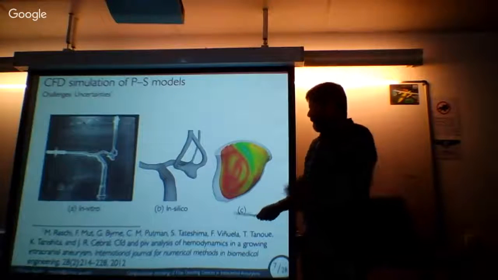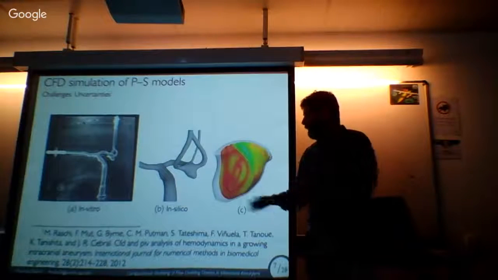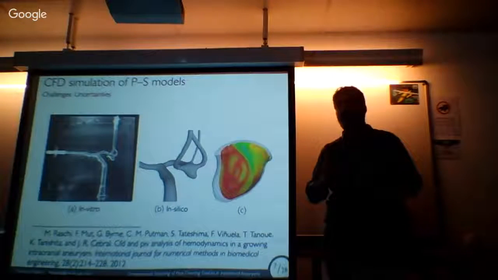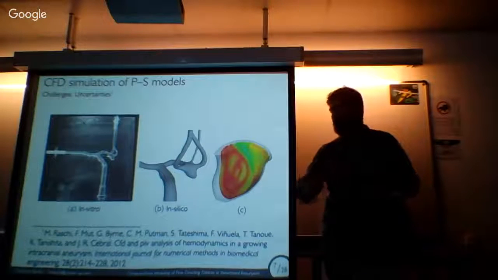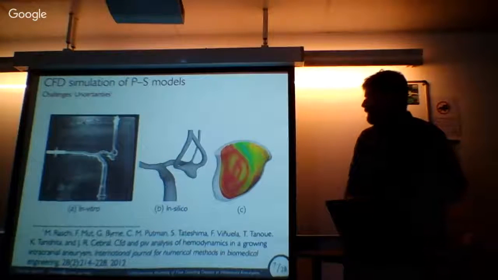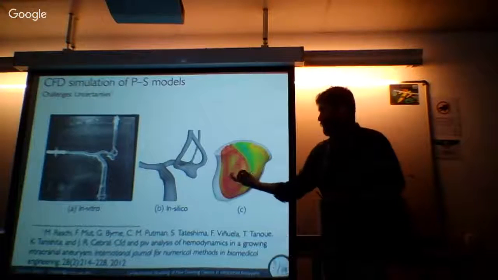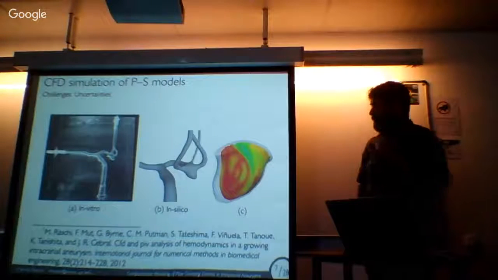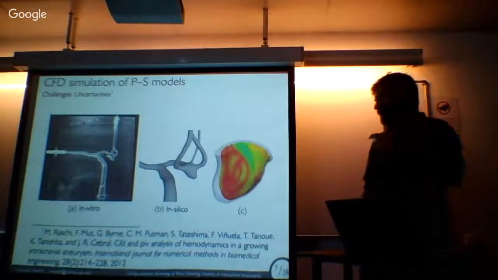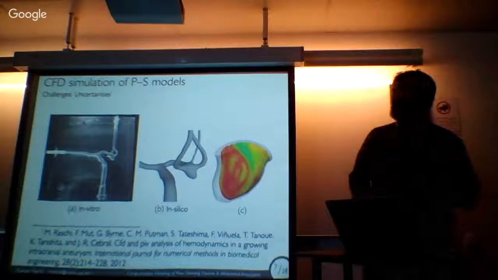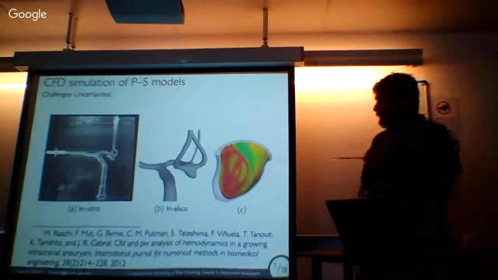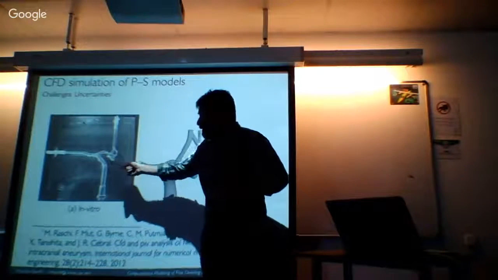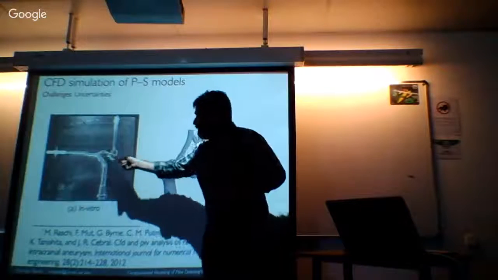This is a larger study, but basically we follow an aneurysm in a longitudinal study over a couple of years, and then we created all the models in plastic, and then we did the experiment and measured all the velocities inside the area of the aneurysm. This is the aneurysm, this is the parallel arteries,